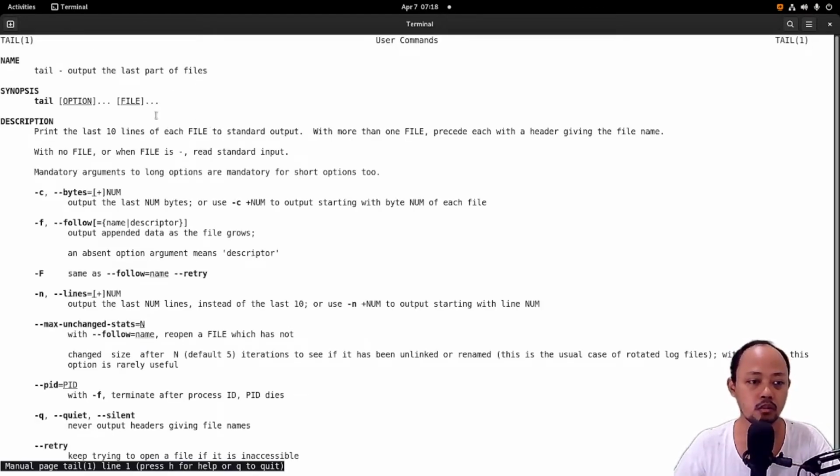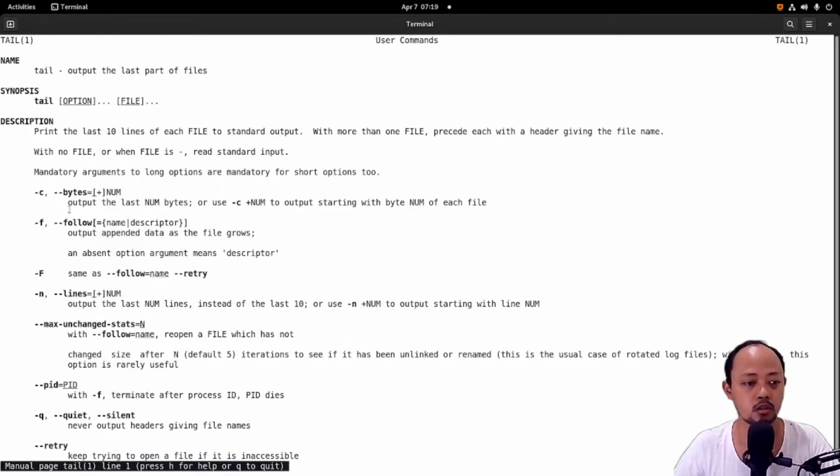In the description, we can see that the tail command will print the last 10 lines of each file to standard output. It means that without any option, with the default function, the tail command will only print the last 10 lines of each file.